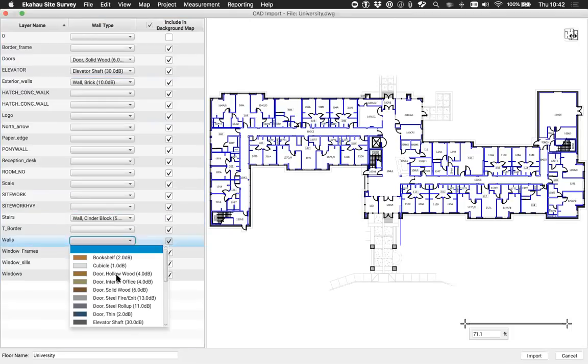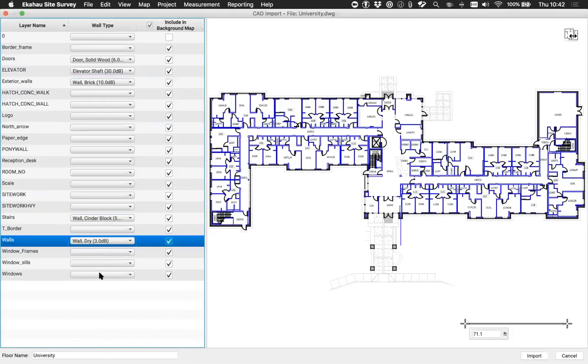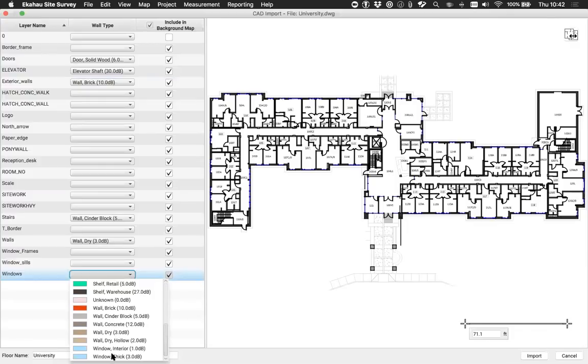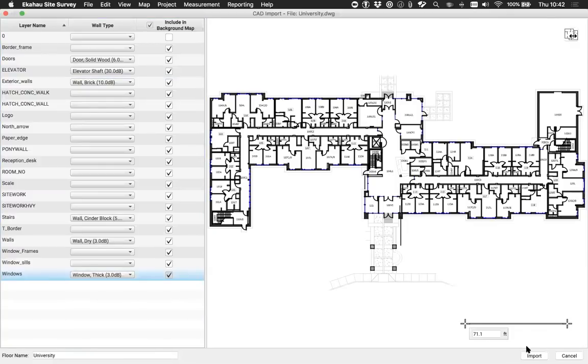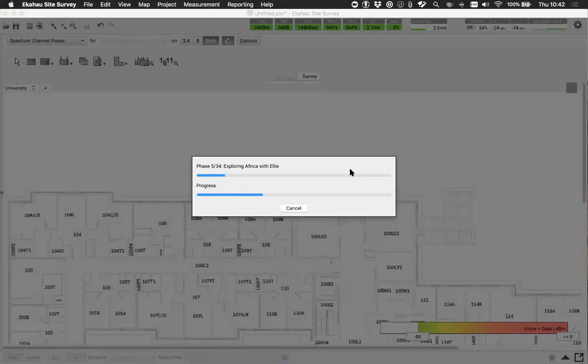And then for the interior walls, we'll do a 3 dB drywall. And then for the windows, we'll do a 3 dB exterior window. Okay, so we've got all that defined. So we'll hit import. And now Ekahau is going to show us some very useful messages about exactly what it's doing right now,